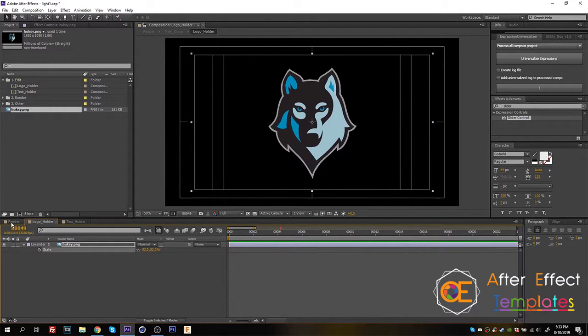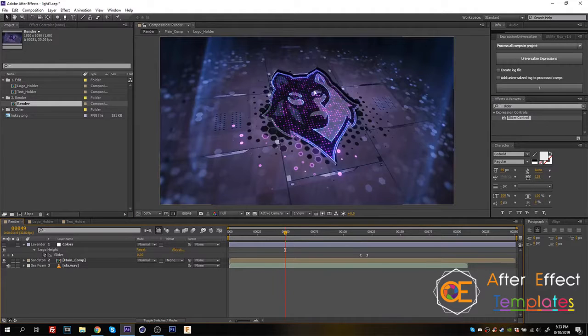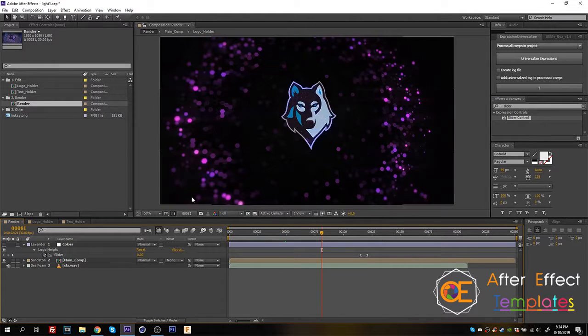And if I go back inside my render composition, which you can also access through your render folder right over here, so double click to access this composition, we can see how your logo will look in the final result. And just make sure you preview some frames here and make sure that everything is nice and centered and properly adjusted. Alright, so going back to my editing folder right over here, there's a text holder composition